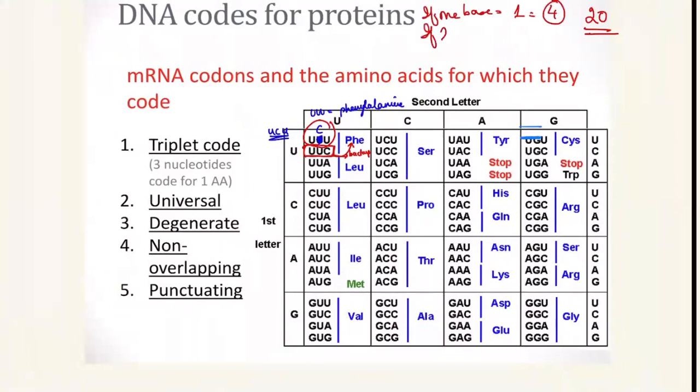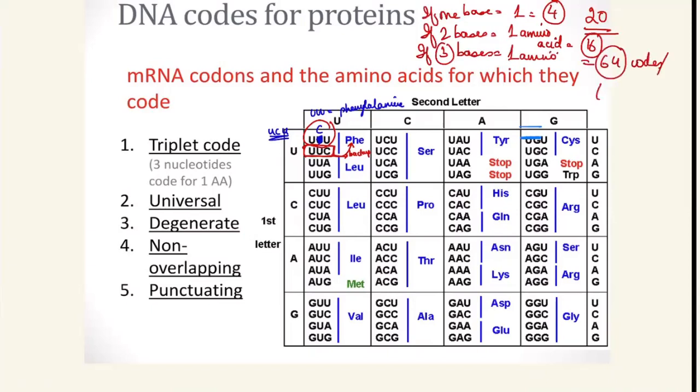If 2 bases are coding for 1 amino acid, we end up with 16 अमाइनो एसिड्स, वो भी 20 से कम है। लेकिन अगर हम कहते हैं 3 bases are coding for 1 amino acid, तो we end up with 64 codes, या फिर आप कह सकते हैं 64 codons।